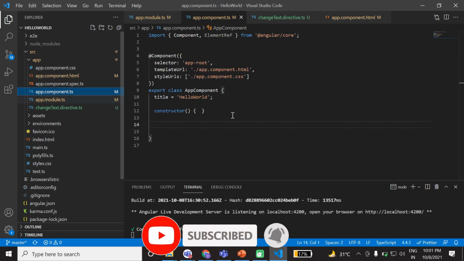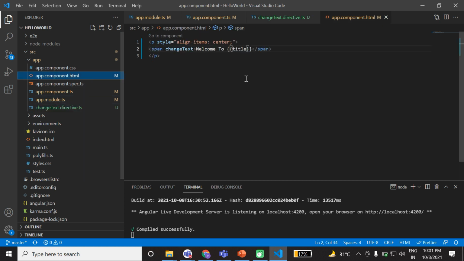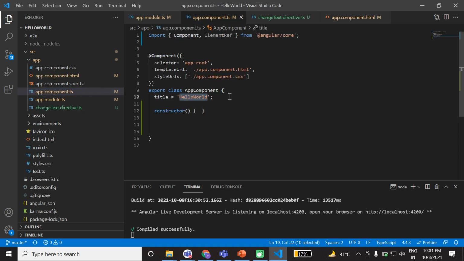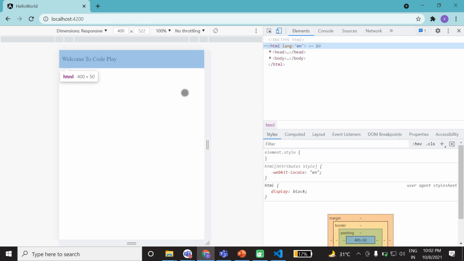We have something inside the title, and this is your welcome to, and the value is welcome to code play. So the value will be changed, and now I am going to use the attribute, but before that I will show you inside the console.